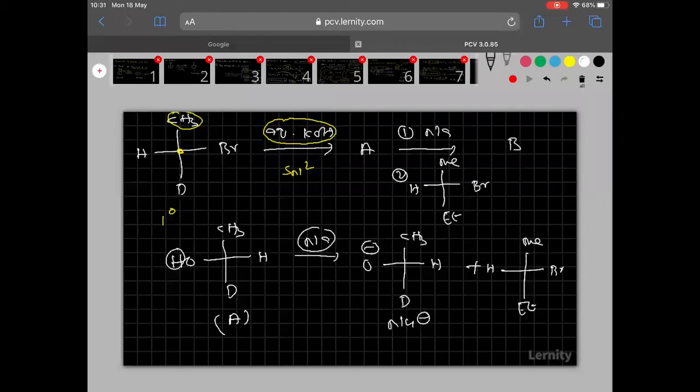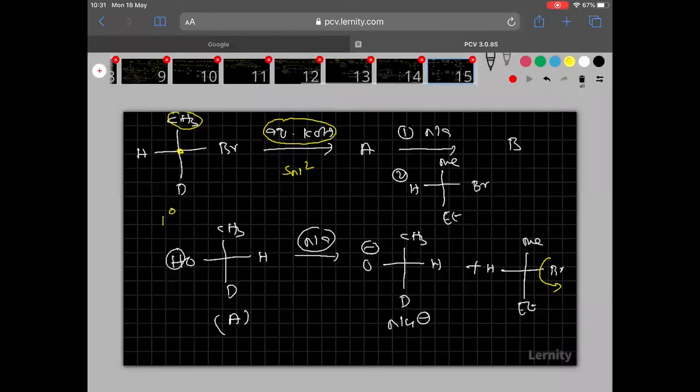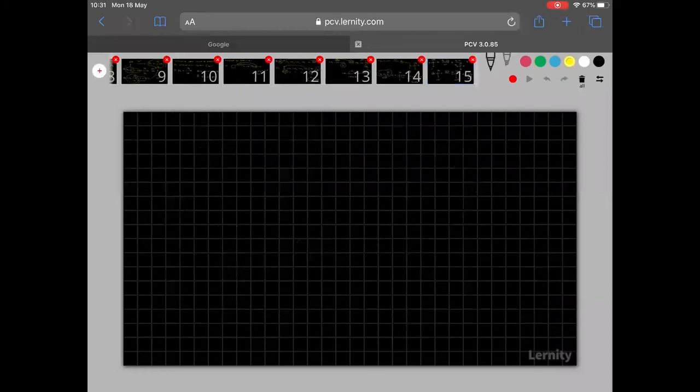So here, see clearly, here only Br minus will depart out. Hydrogen will come here. Then this nucleophile attacks from the backside here. So what is the answer for this question then? So here, let me give the answer then. So what is the answer? See clearly, everyone. Me, D, then here H, and here O.